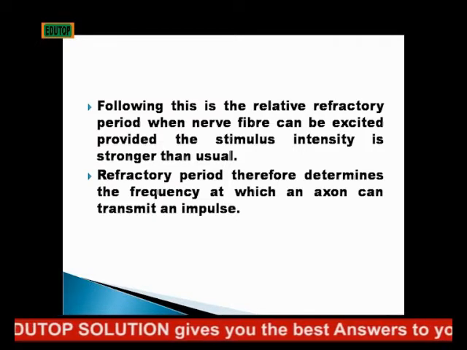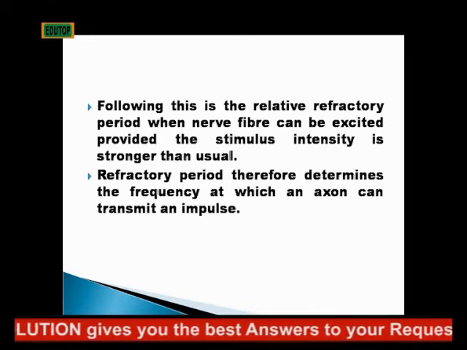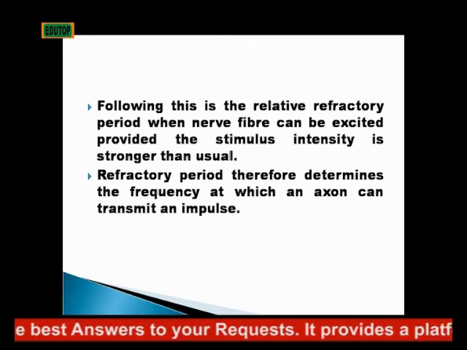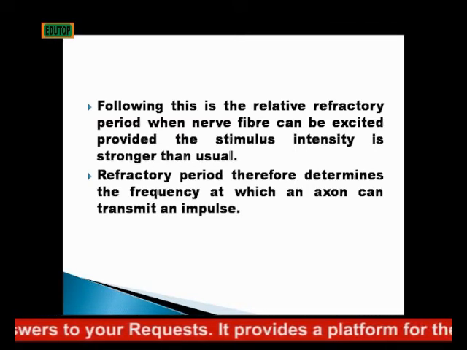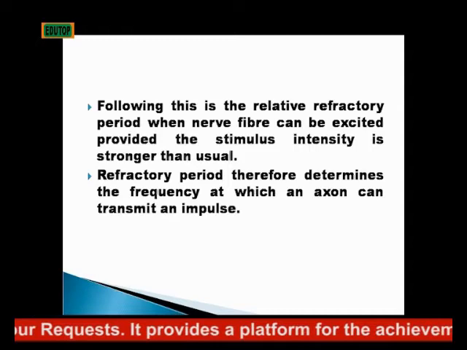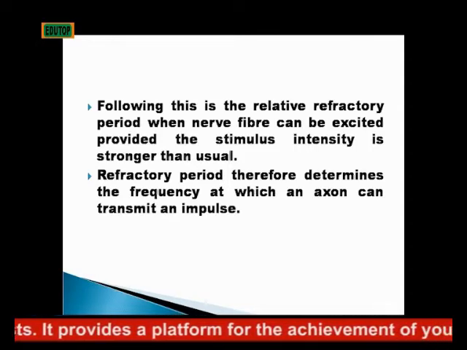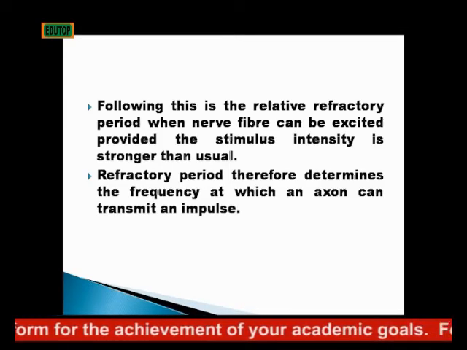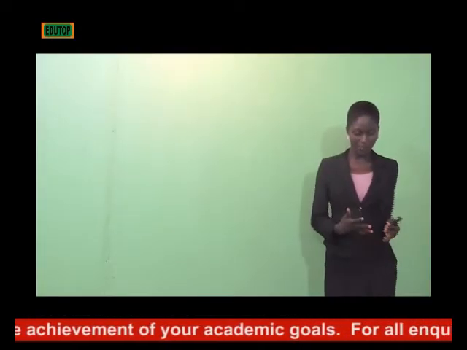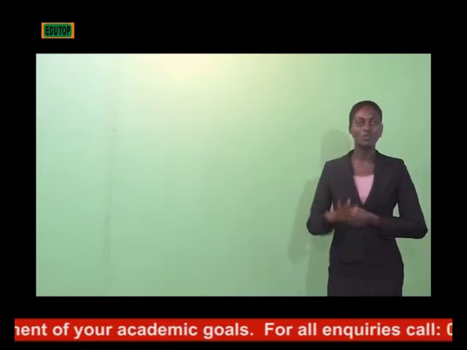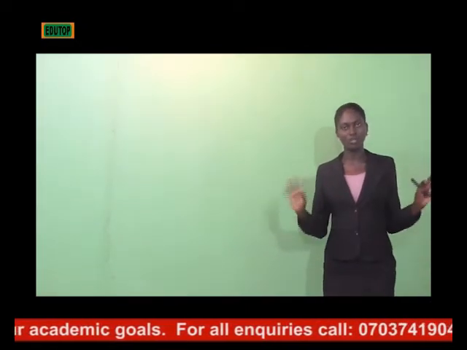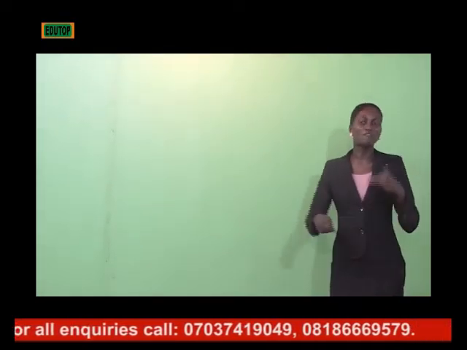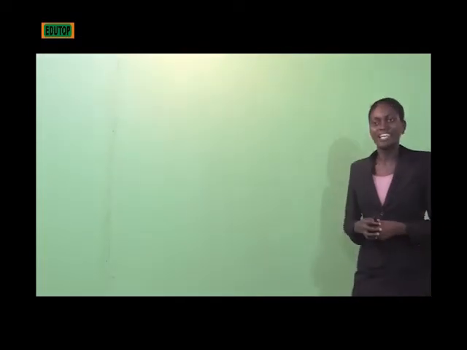After this refractive period, there is the relative period when the nerve fiber can be excited, providing the stimulus intensity is stronger than usual. The refractive period therefore determines the frequency at which an axon can transmit an impulse. After an impulse has been transmitted, the refractive period is the period of no stimulus transmission. So the refractive period determines the frequency, that is, the rate at which an axon